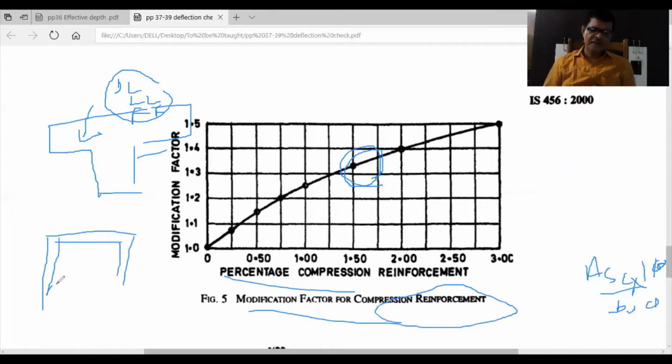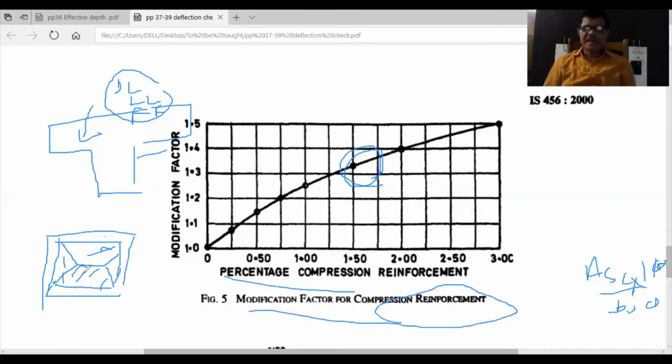It is given also in your code provisions. We'll see while designing. Now if you do this distribution of load, this will be at an angle of 45 degree. So this will be the distribution of this load from slab to beam. So this much of area load will come to this beam, this much of area load will come to this beam, and this much of area will come here, and this will come here,